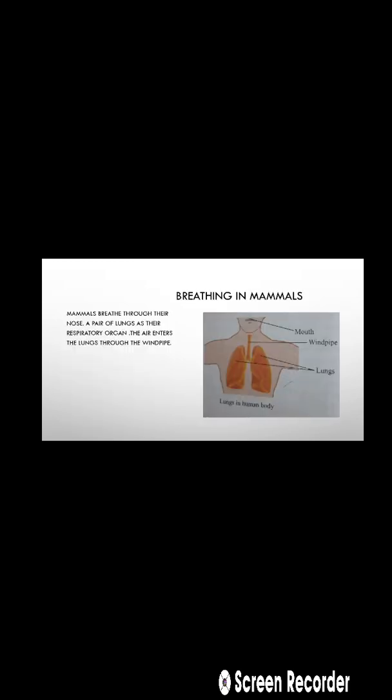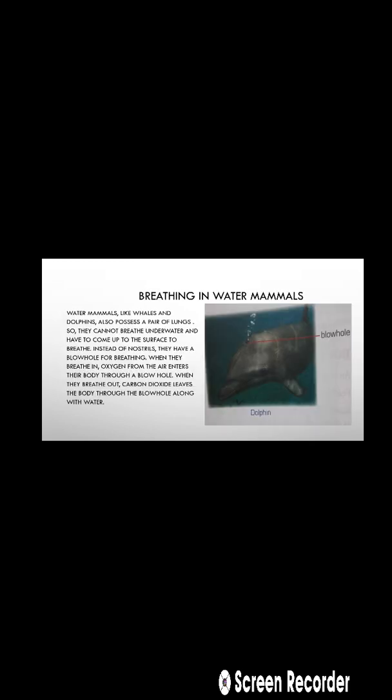Breathing in mammals. All mammals breathe through lungs. Mammals have a respiratory organ. They take air through the nose, and then through the windpipe air reaches the lungs, and in this way all mammals breathe on the land. And the mammals that live in water, they